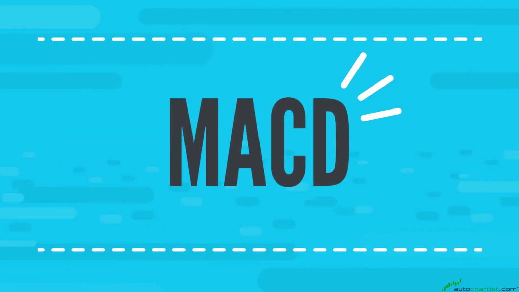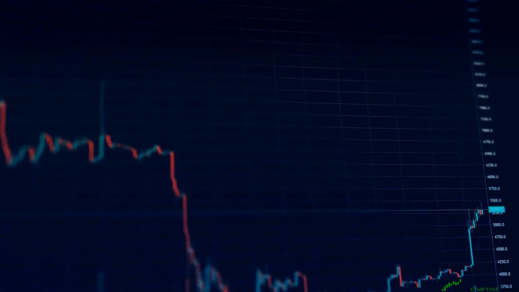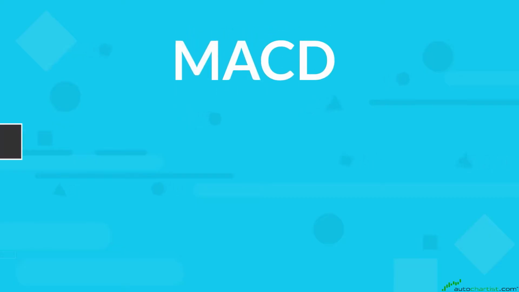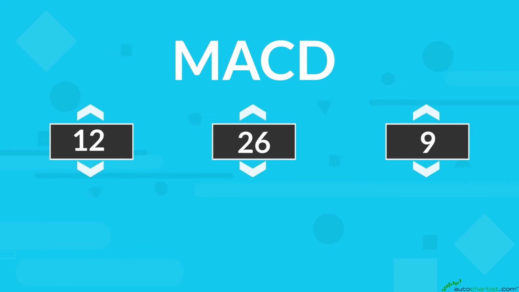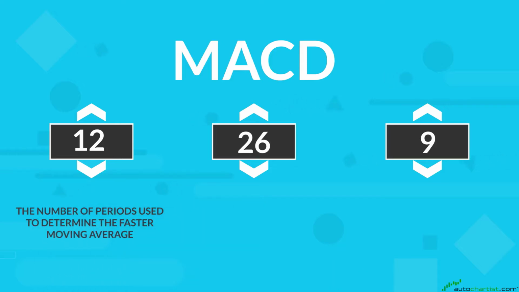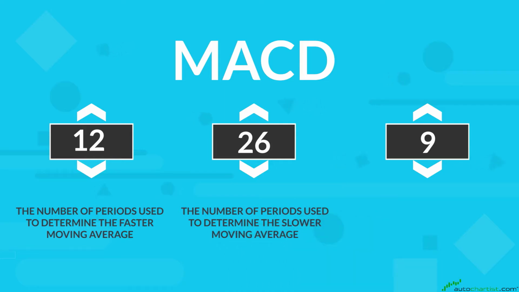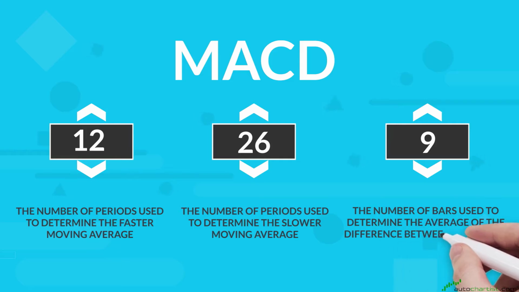MACD. MACD is used to identify a possible market trend. There are 3 numbers on a MACD chart to assist you with establishing what the indicator is representing. The first number indicates the number of periods used to determine the faster moving average. The second number indicates the number of periods used to determine the slower moving average. The third number indicates the number of bars used to determine the average of the difference between the faster and